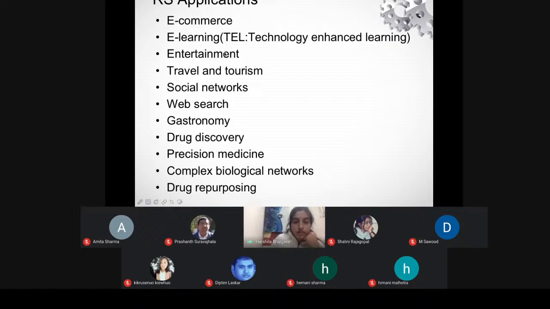In the entertainment industry, Netflix is one of the best examples that you can relate to. In travel and tourism, you can see Trivago and such kind of websites also employ such kind of recommendation system. Of course, in travel and tourism, if you talk about this domain, you need to be very context specific. Context awareness is very much needed in the recommendation system, because at what point of time you are going to travel, which season it is, right, so all these contextual factors have to be kept in mind. So this is basically employed. These kind of things need to be done while implementing a recommendation system. It has to be context aware.